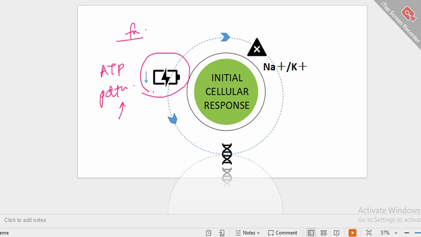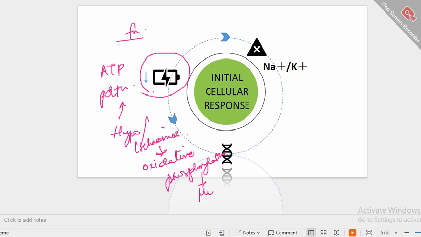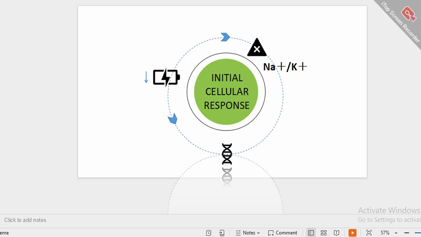How is it caused? Due to hypoxia or ischemia, which impairs oxidative phosphorylation in mitochondria. As we all know, the most important function of mitochondria is production of ATP. So when oxidative phosphorylation is disturbed, it leads to decreased production of ATP. The next altered function is